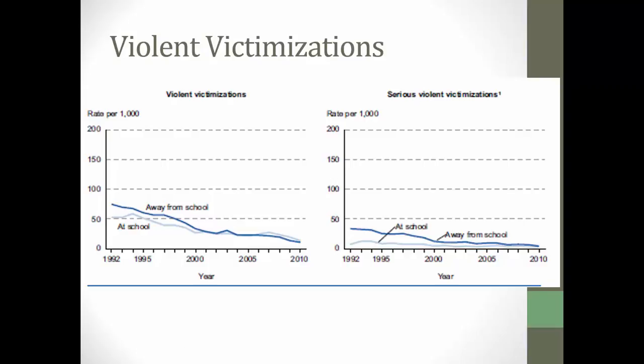When these lines crossed, the media take on it was, oh my God, kids are no longer safer at school than they are on the outside. Which technically is true, but it's not because school violence got worse. It's because away from school, violence followed the same trend as everything else and got a lot better. Crime fell everywhere, it just didn't fall as fast in school as it did out of school. So if you look at those trends, there's nothing to suggest that crime is getting worse in school.